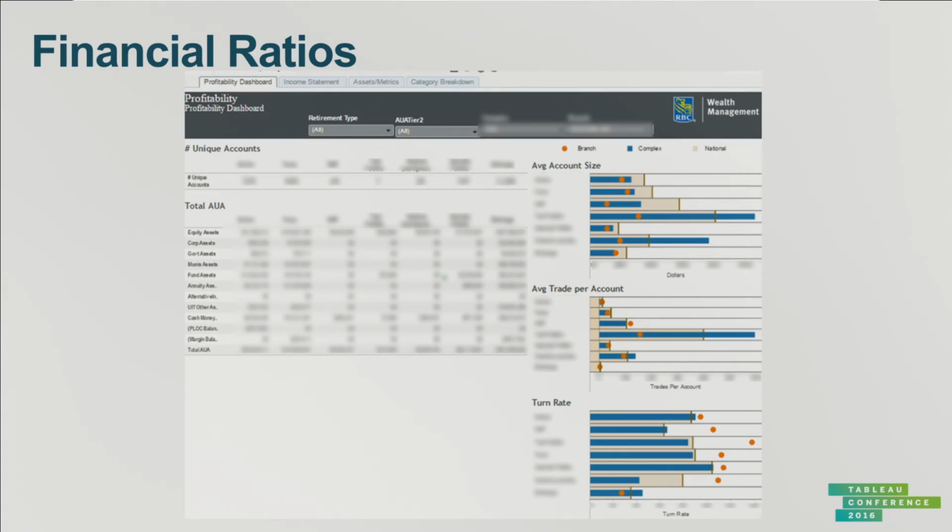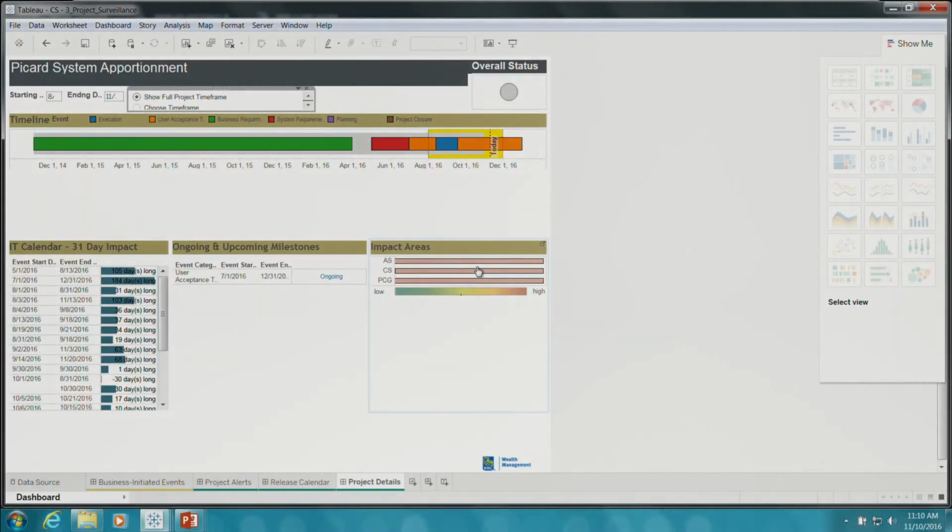But in this case, you can see that the turn rate for this particular branch seems to be pretty good across the board. They're beating both their region and the national numbers, except for that one item on the bottom there. But I put this in front of any of the accountants I work with, and they know exactly what's going on immediately. It's just a very quick response. Okay, there we go. So see, I'm learning as we go along too. So what you see here,